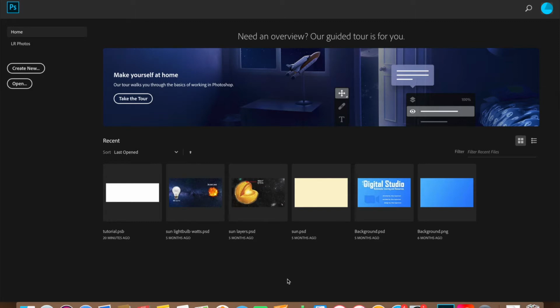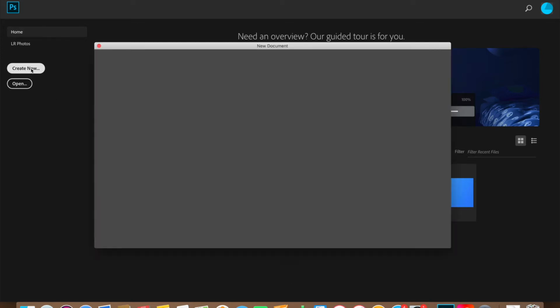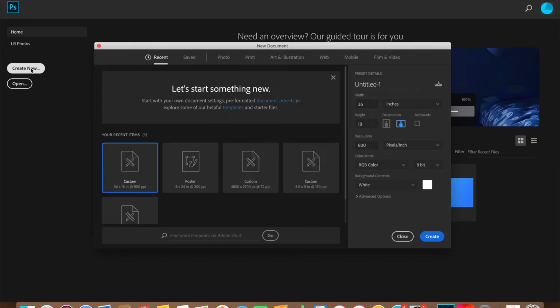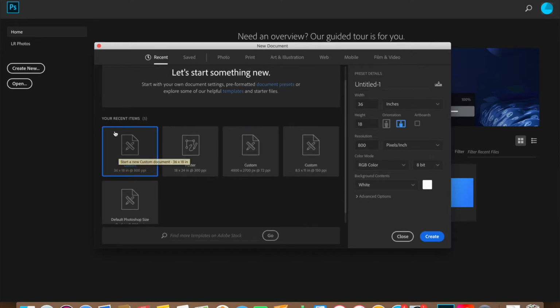So the first thing you're going to want to do, if you haven't already, is open up Adobe Photoshop. Once you open up Photoshop, you'll want to click on the Create New option on the left side of the screen. So once you do that, you'll get this menu that has a lot of options in it, and from here